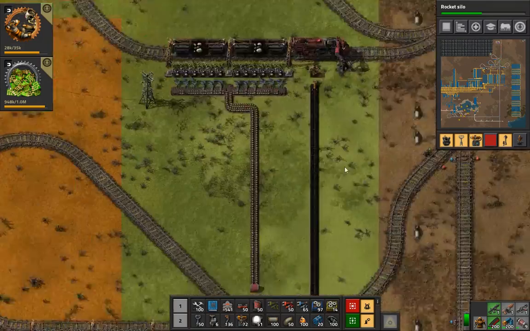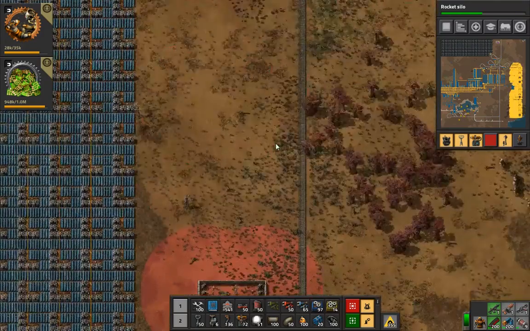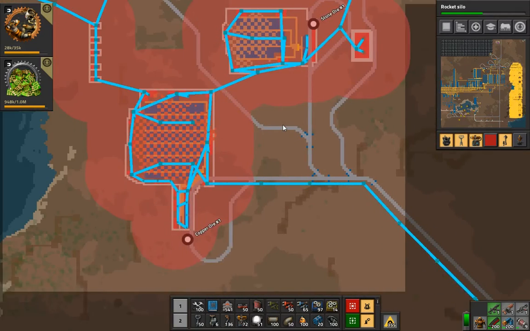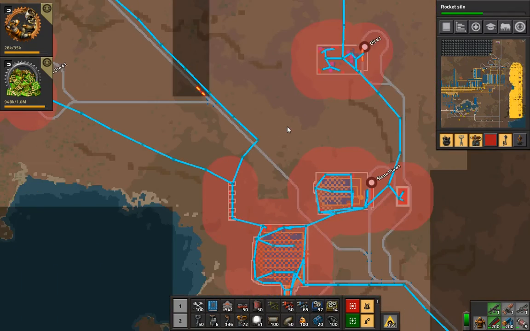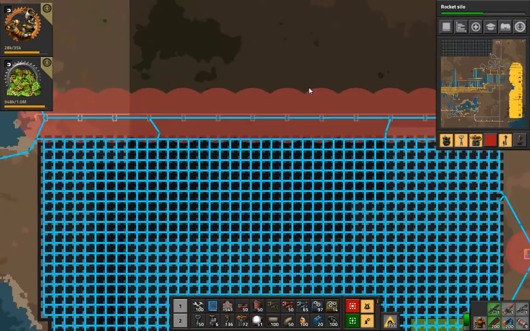And because we're using chain signals all the way through, it's pretty dumb, actually. This train here should follow behind, right? Or whichever train was waiting for that should follow behind it if we did it smart, but we're not doing it smart. Up over this way, I've started doing another solar field, because if we look over here, this solar